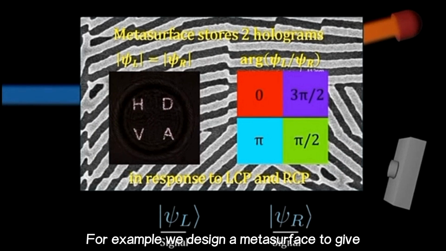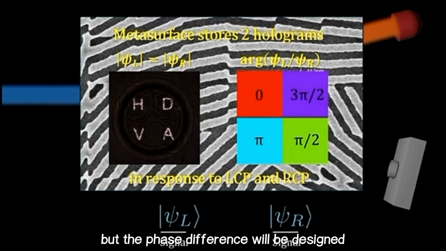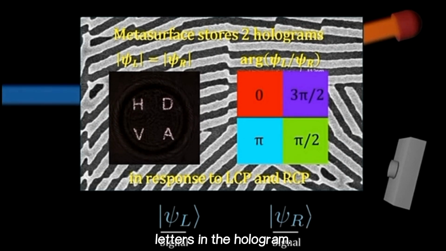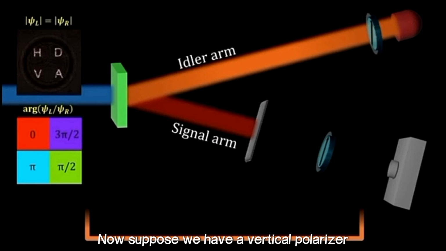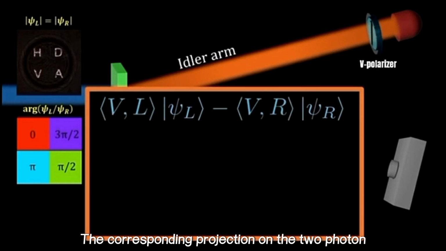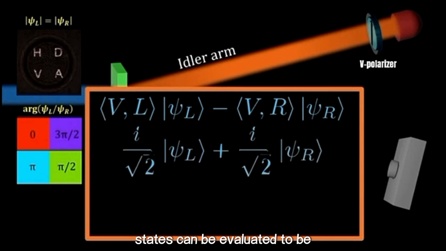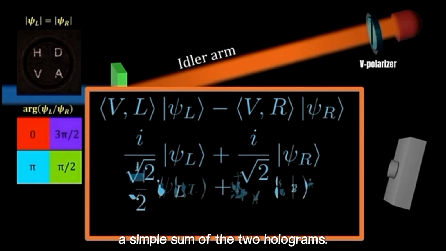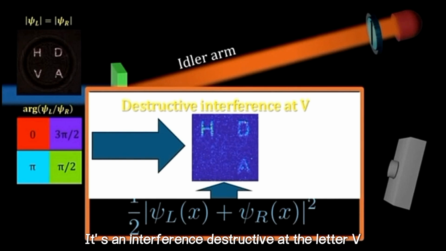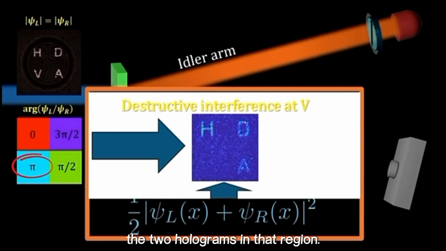For example, we design a metasurface to give two holograms of equal amplitude, but the phase difference will be decided according to steps of pi over 2 for the different lattice in the hologram. Now suppose we have a vertical polarizer in the idler arm. The corresponding projection on the two photon states can be evaluated to be a simple sum of the two holograms. Is an interference destructive at the letter V because there is a pi phase difference between the two holograms in